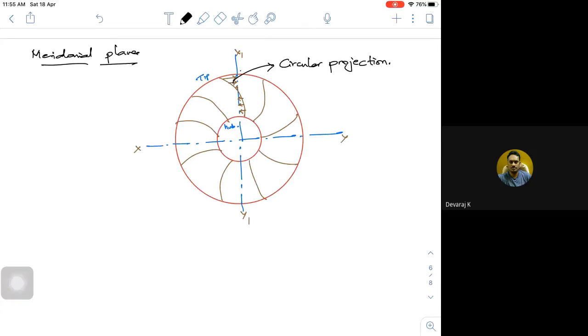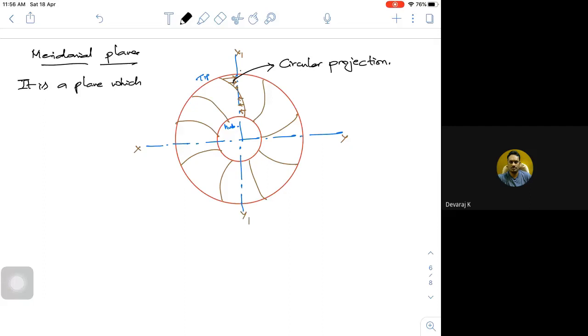And it contains the meridional view. And this circular projection, what I'm trying to do, is for radial flow machines, and it contains the view that I'm going to get. See, we do have a meridional plane. The plane contains, this is the plane x1 y1. So a meridional plane is a plane